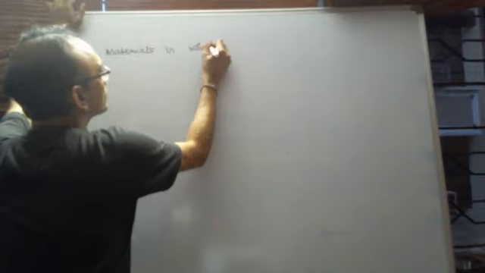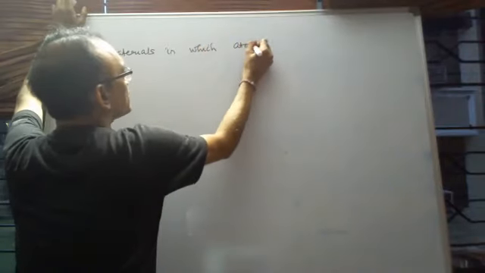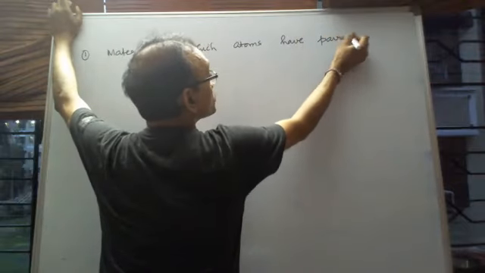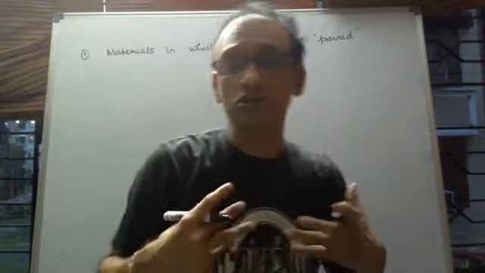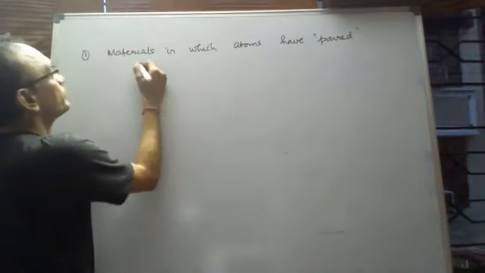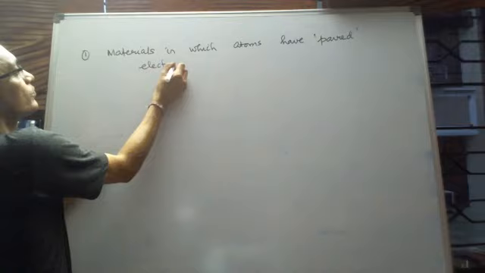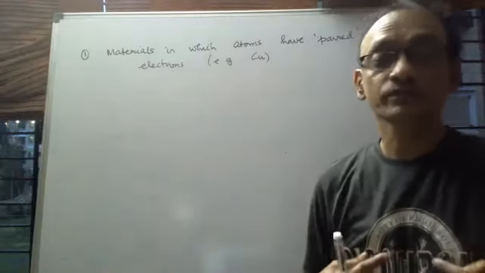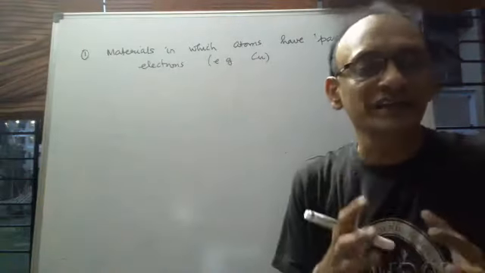One, materials in which atoms have paired electrons. I hope all of you understand this, paired electrons, like in copper. Now, if you look at an atom of such a material,